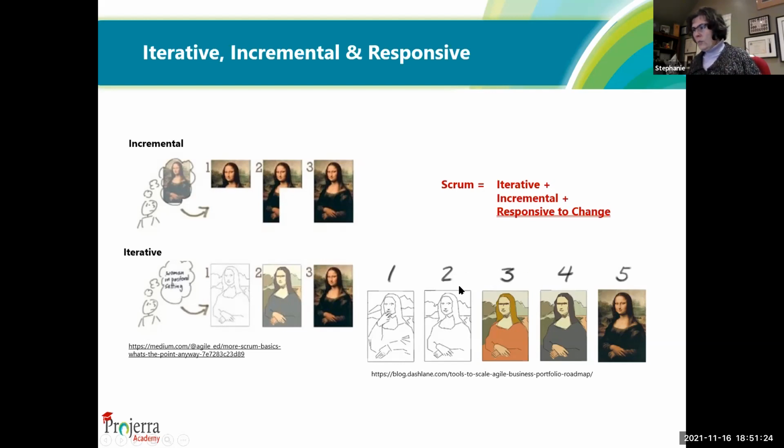So they paint the robe in peach and they look at it and say, no, that's just a little bit too bright. She should be a little bit more muted and subdued. So let's change the coloring to gray. That's looking a little bit better, more client feedback. And then you fill in all the fine details. So this is building it a little bit by layer, but giving you that chance for feedback. It's iterative, incremental, and does give you that ability that it's okay to change your image, that it's okay to change the requirement and the end goal.